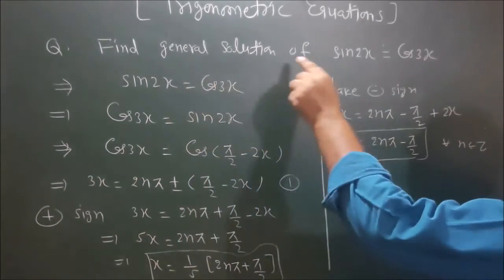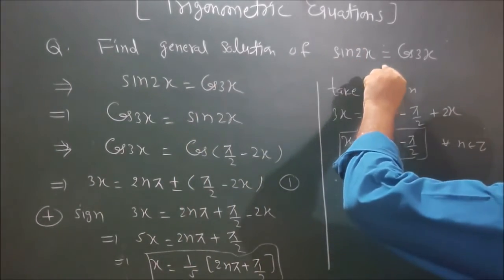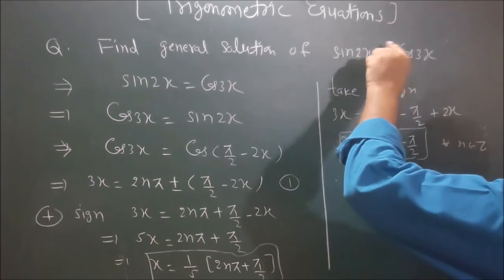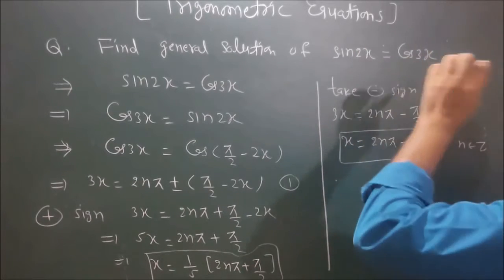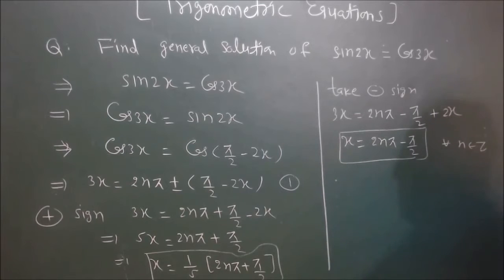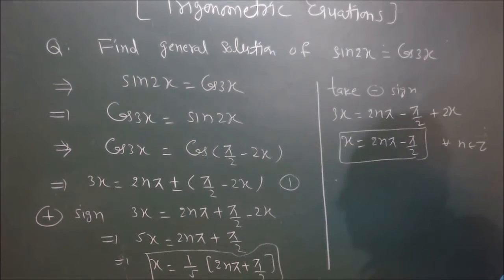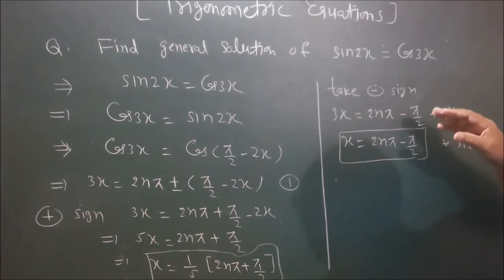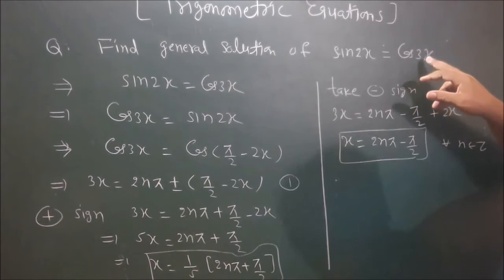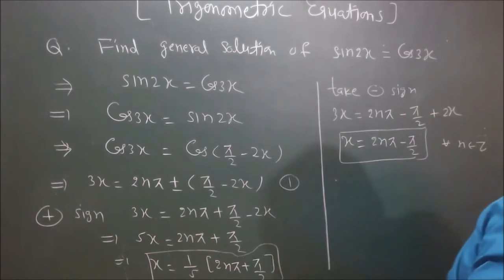So this is the trigonometric equation in which left hand side has the trigonometric ratio sine and right hand side contains the trigonometric ratio of cos. So first we convert one trigonometric ratio into another form, and it is easy to solve if we convert sine into cos, because the solution of the sine category is somewhat typical compared to the cos format. Okay.